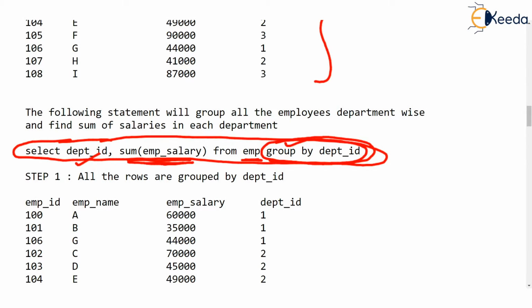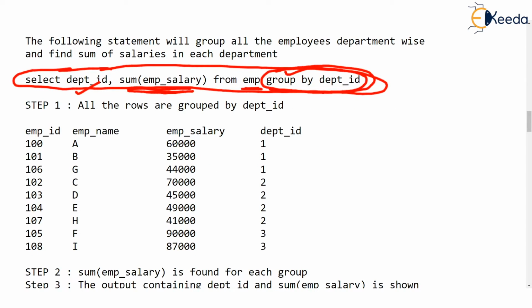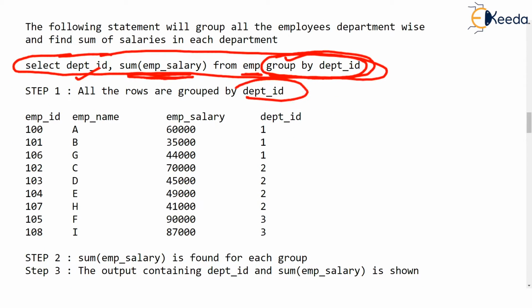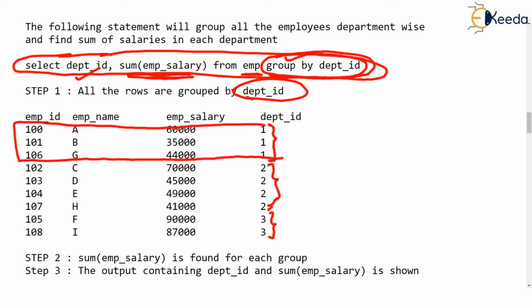So first of all, let's see what happens internally, how this query will run inside the DBMS. First of all, the rows are grouped by department ID. So all the employees from department number 1, department number 2, and department number 3 will be grouped, each forming one group, because we have said GROUP BY department ID. And now what we have said is, for each group, find the sum of EMP salary.